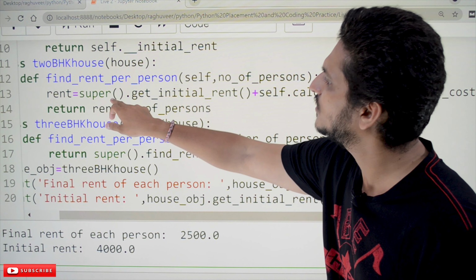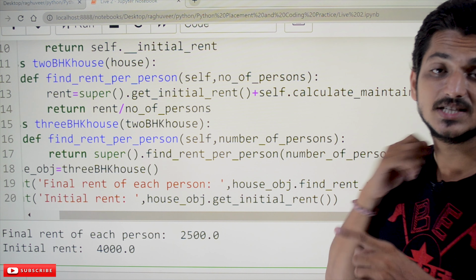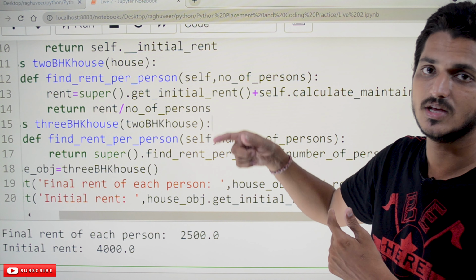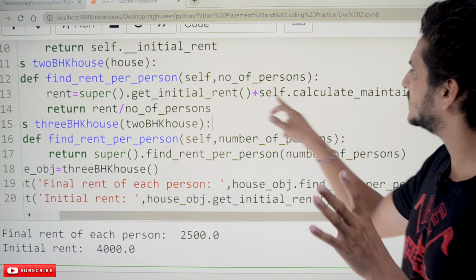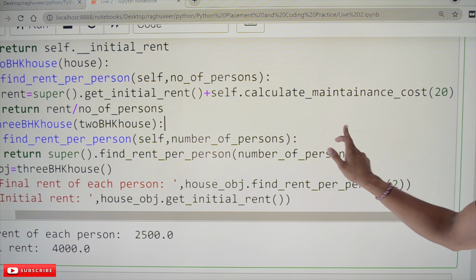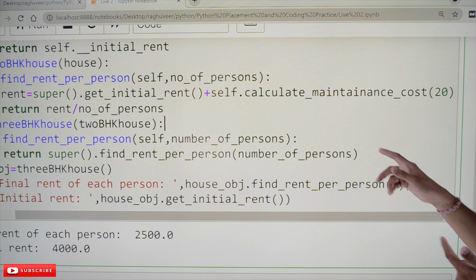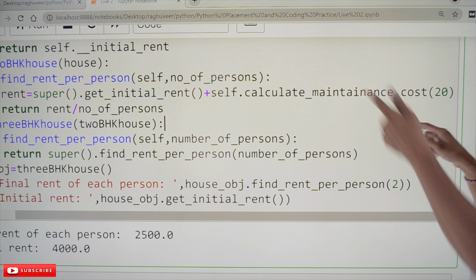Rent is equal to super dot get initial rent, which means it is taking the initial rent value from the initialization variable above. The default is 4,000. Plus self dot calculate maintenance cost of 20. The value sent to calculate maintenance cost is 20.